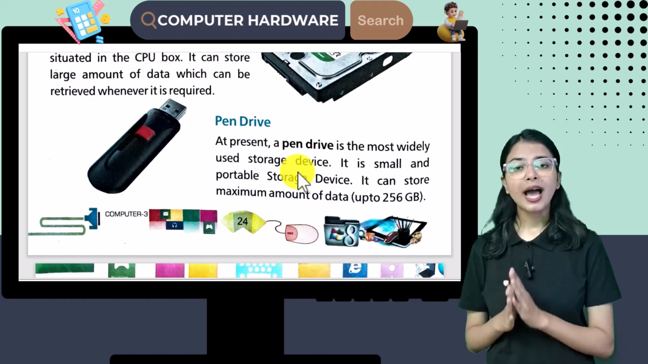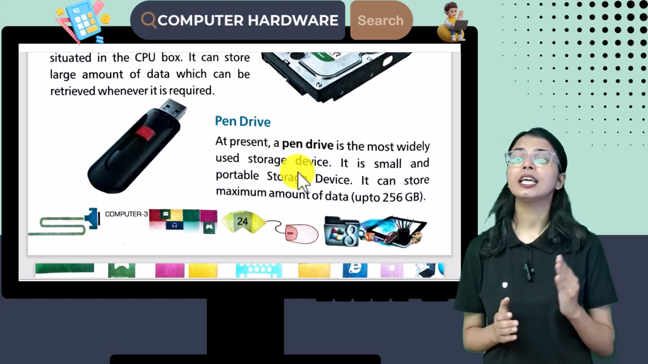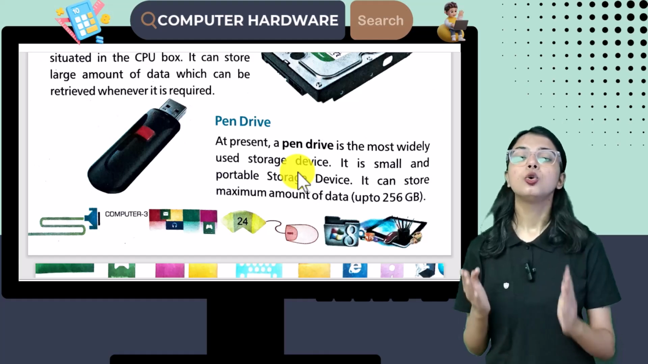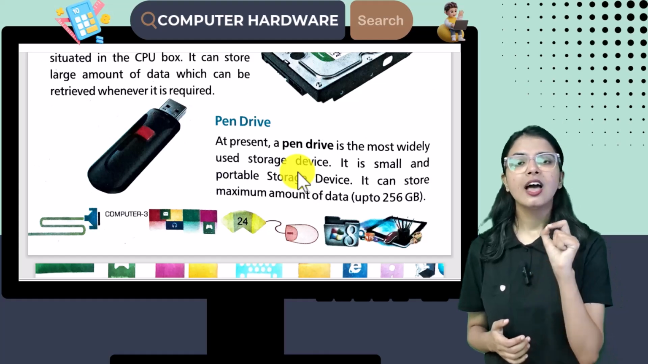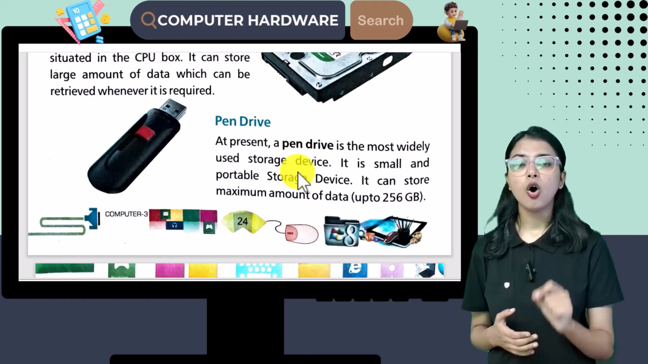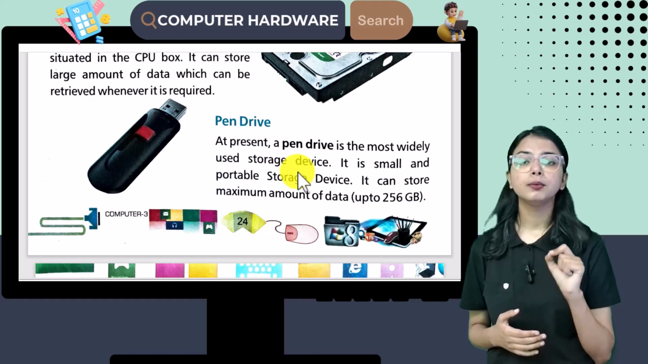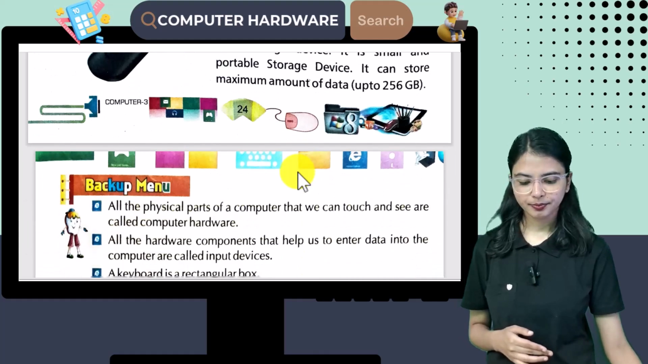ओके, सो मैक्सिमम अमाउंट ऑफ डेटा कितनी जीबी का हम स्टोर कर सकते हैं पेन ड्राइव में? कितना गीगाबाइट्स का स्टोर कर सकते हैं? 256 gigabytes. Okay students, you have to remember this factual information, that is we can store the data of maximum 256 GB in the pen drive. Okay students, so